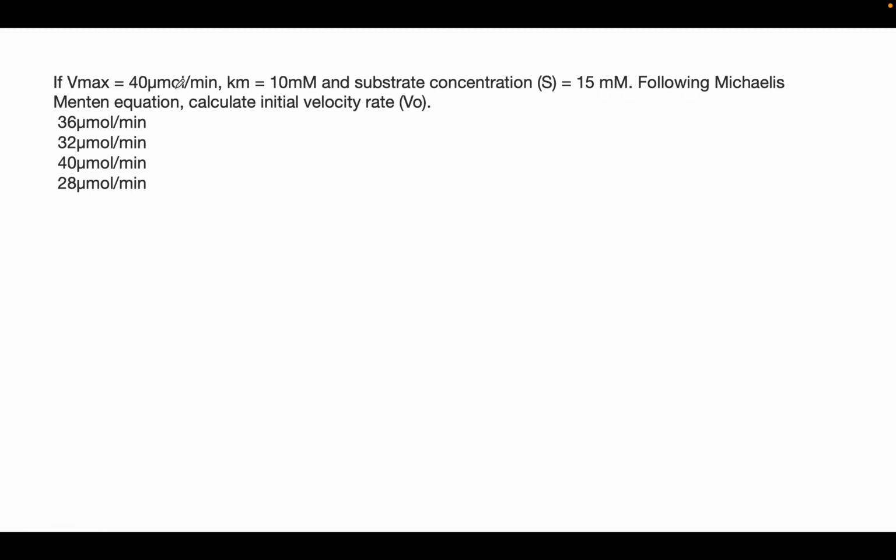Vmax is 40 micromole per minute, Km is 10 millimolar. Substrate concentration is 15 millimolar. Following the Michaelis-Menten equation, calculate the initial velocity. So initial velocity V0 is Vmax times substrate concentration upon Km plus substrate concentration. So Vmax is 40 into substrate is 15 upon Km is 10 plus 15. So this will be